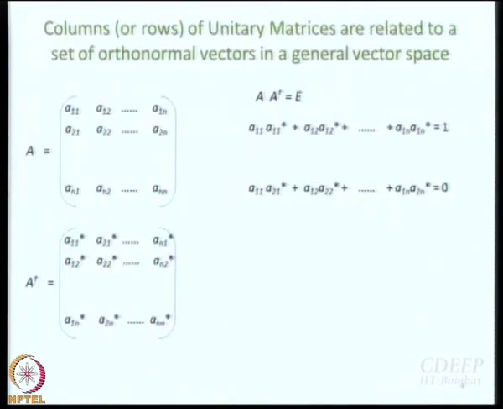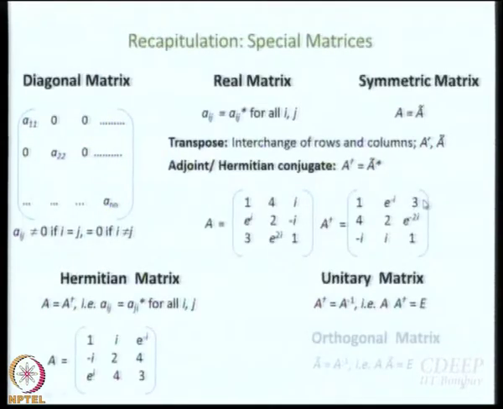What we had done is we had taken a general matrix, and then you had worked out A dagger for it, and then we said let us say that this is a unitary matrix. So, if it is a unitary matrix, then A A dagger should be equal to E. So, what you have done is you have worked out the 1 1 element and the 1 2 element. 1 1 element would be 1 in unit matrix, 1 2 element or 2 1 element for that matter would be 0, and this is what you got, right.